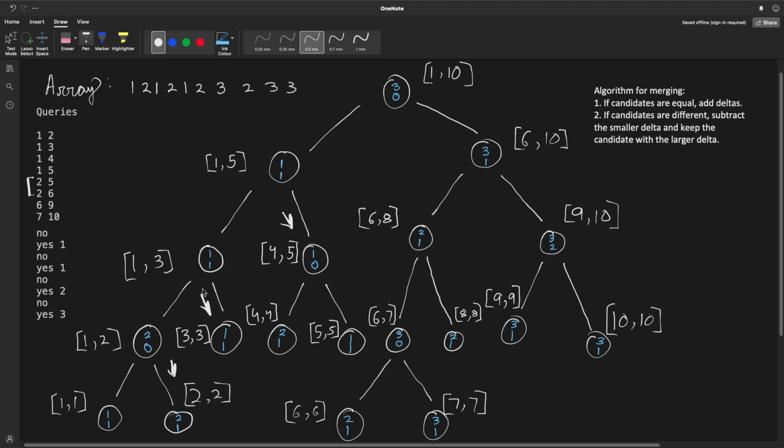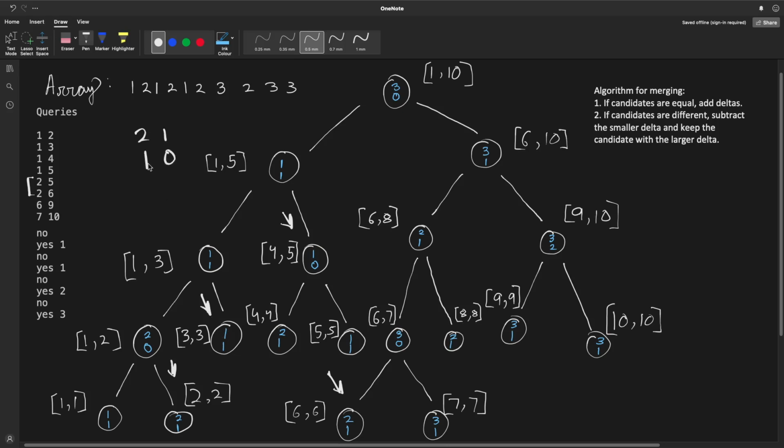Now let's take a look at 2, 6. It's again this range, but with this additional element. So we could again merge them in random order. For example, I could merge these two and I could get 2, 1. Then I could merge these two and then I could get 1, 0.